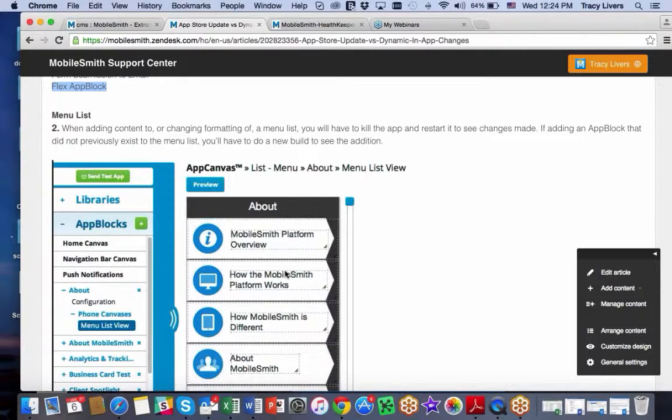In 2 weeks, we're going to be talking about the knowledge base and opening up tickets and how that can help you. And that's always available to you 24/7. So when you can't sleep and it's 3 a.m. and you feel like playing in the mobile app, you can get help right away